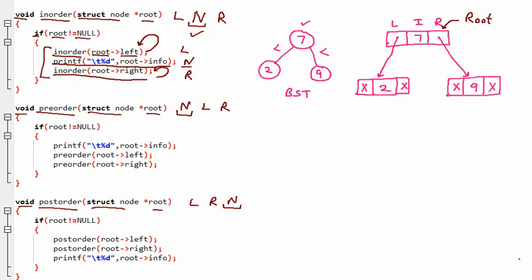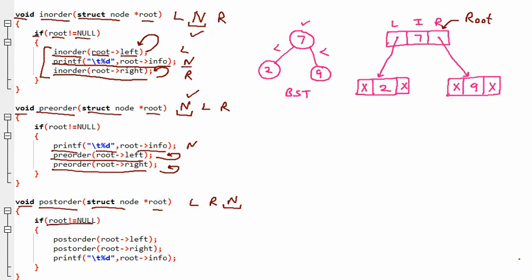Similarly, if you go on the pre-order, here we are having the node. Node means the info part we are taking. So info part will be displayed first. So info we are displaying. Then this left we are keep on recursively calling, and right we are keep on recursively calling. So until we are having only one node, it is going to call itself and finding out the pre-order of left subtree and the right subtree.